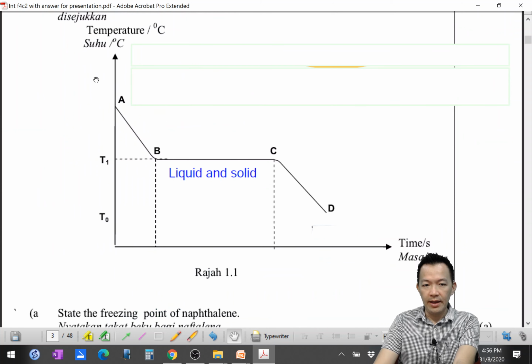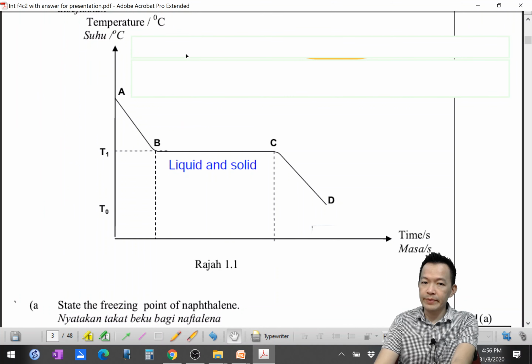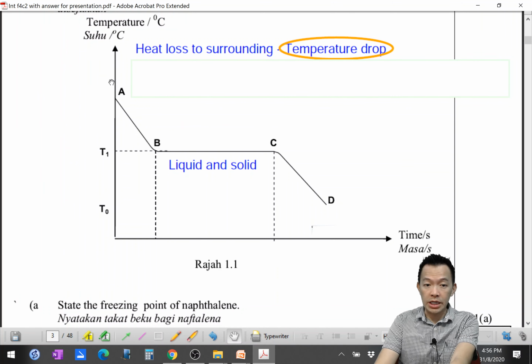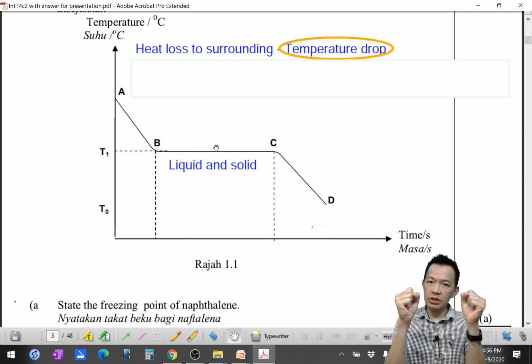You see, when the liquid is cooled down, the temperature drops, 对不对？When the liquid is cooling down, heat is lost to the surrounding, temperature drops, 温度会降低。Okay, but during the freezing process, why does the temperature remain constant? 为什么在凝固的时候温度保持不变呢？